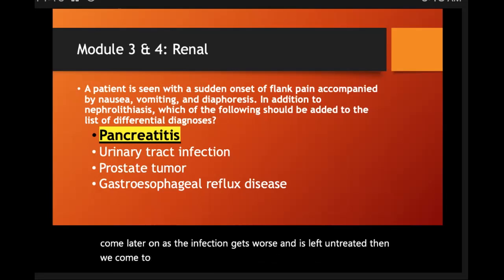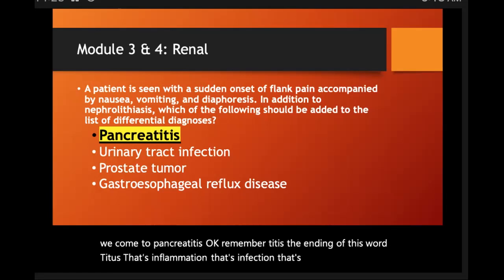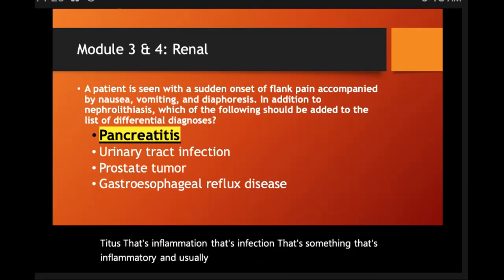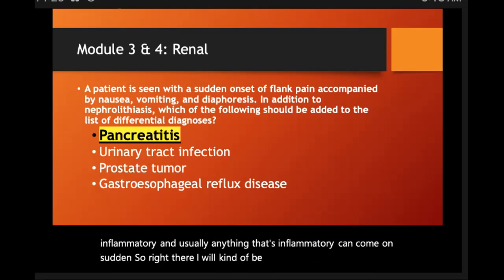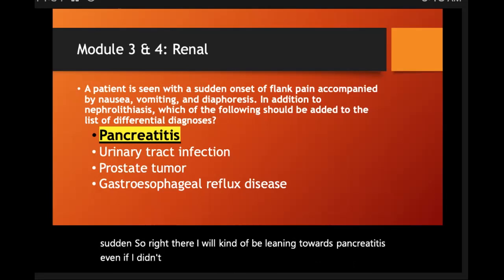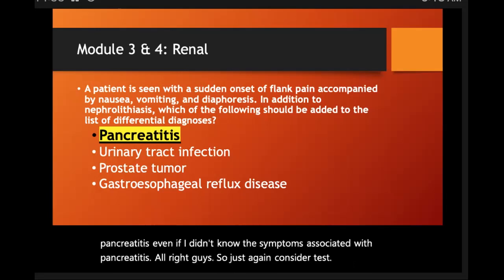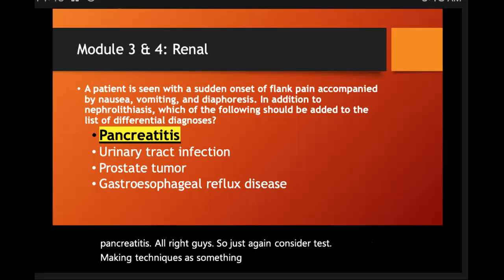Remember the ending of this word, itis, that's inflammation, that's infection, that's something inflammatory, and usually anything that's inflammatory can come on sudden. So right there, I would be leaning towards pancreatitis, even if I didn't know the symptoms associated with pancreatitis. All right, guys. So again, consider test taking techniques as something to think about when you're going into